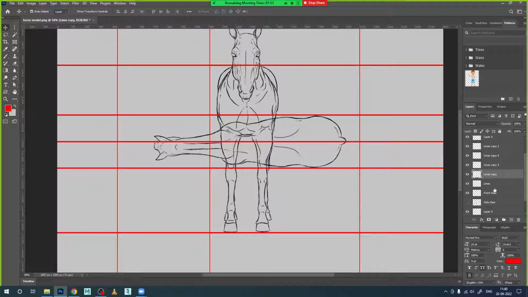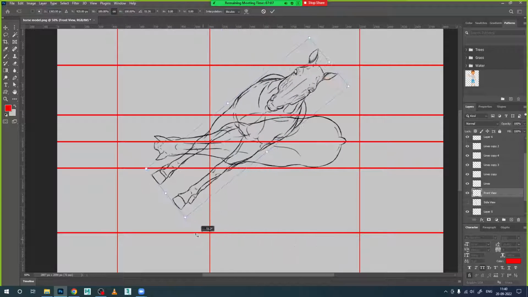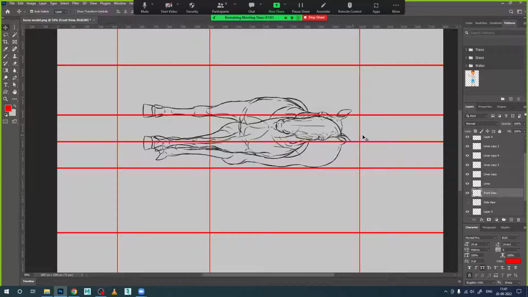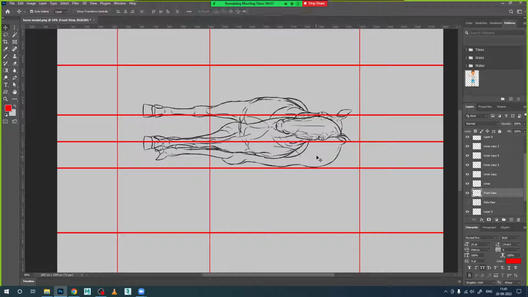Select this image, front view, Control T, rotate it 90 degrees. Okay, now accept. Now see, now we need to move this down, or this one we have to move